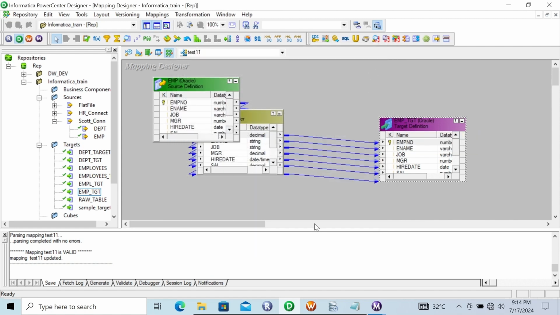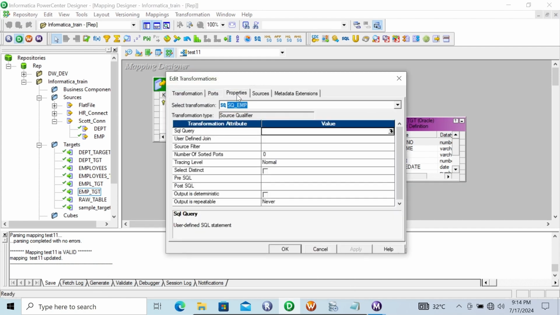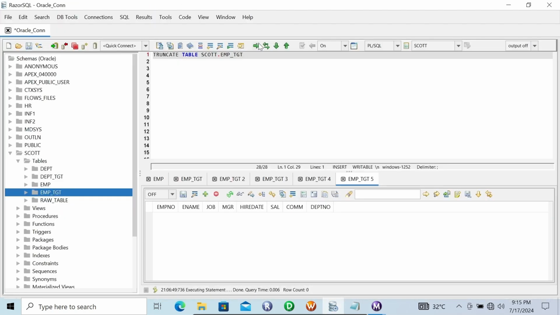So what I'm trying to do is right click, edit, properties, and in this place you need to give the sorted value 1. You can give a numeric value 0, 1, 2, 3, 4, and now let's save that. If you give sorting on 1, this will sort the records on the basis of the first column. So on the basis of the EMP number, this will sort the records. Okay, so here I'm going to truncate the records first,